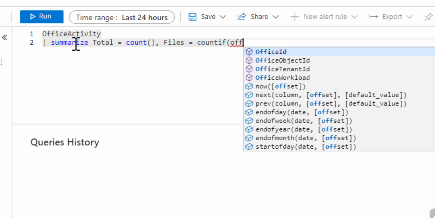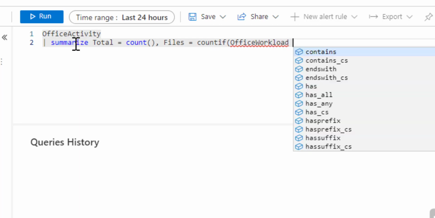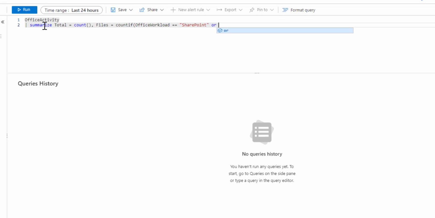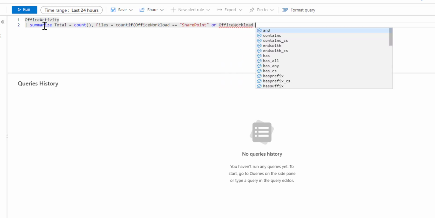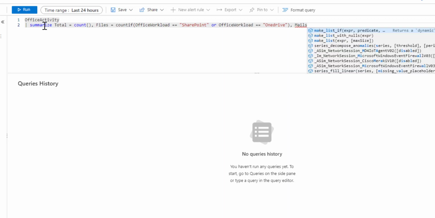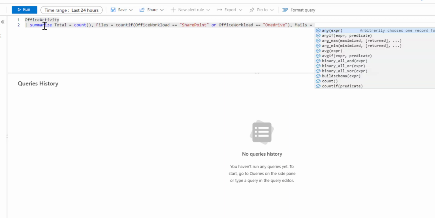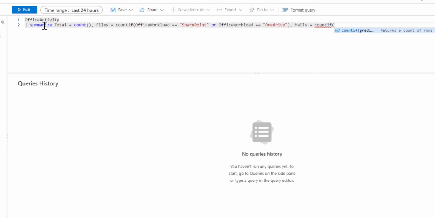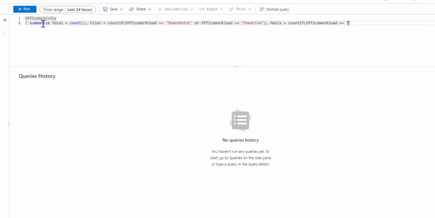Let me try OfficeWorkload double equals to, we will find if we have something around SharePoint, or OfficeWorkload contains OneDrive. And for the mails, we will be using the same countif function around OfficeWorkload equals to Exchange,